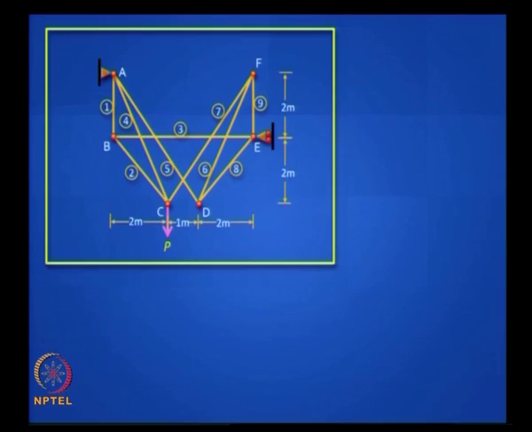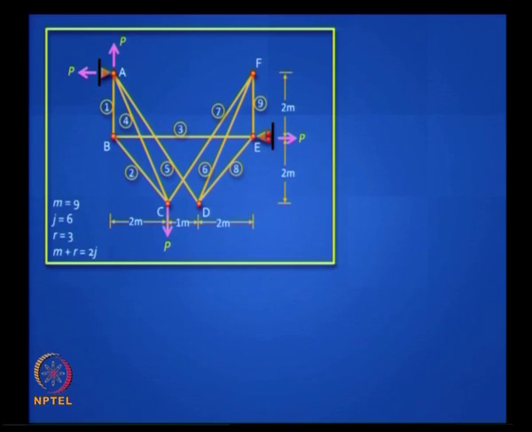So there are many problems. We will quickly see some examples. Here is a truss which looks a little complicated because you have a large number of members. You can do a quick check and you find that m plus r is equal to 2j, so it is a simple truss, but you do not know where to start because there are so many forces, but perhaps some of them are 0 and you need some skill to figure out which are. We have done this problem earlier, so I will go through it quickly.